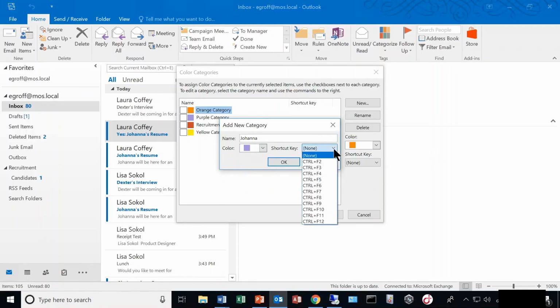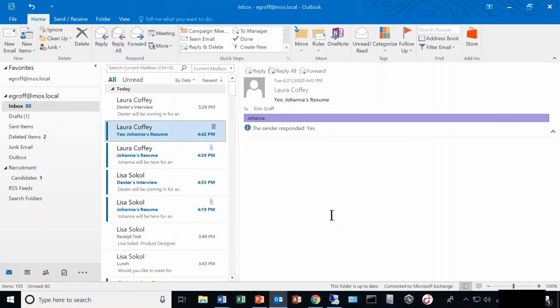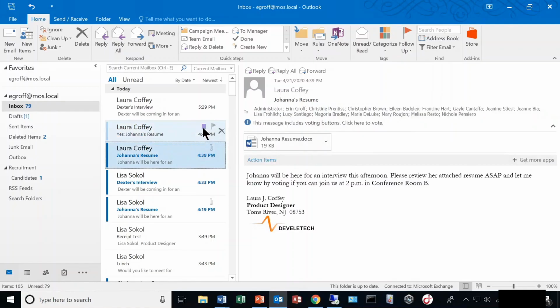You can assign a shortcut key to color categorize those. We'll do Control and F2 for this, and I'll click OK from here. So now I have a color category named Johanna. I'm going to click OK from here, and it's going to assign that color category to the email that I have selected. In my content pane, you can see that the email gets that little purple rectangle next to the